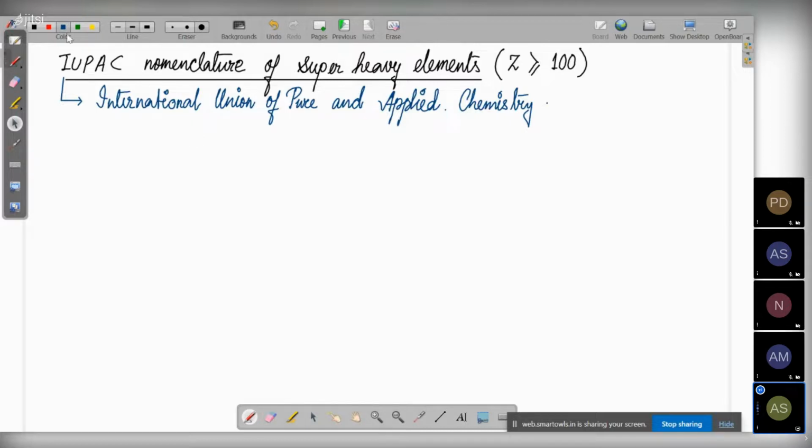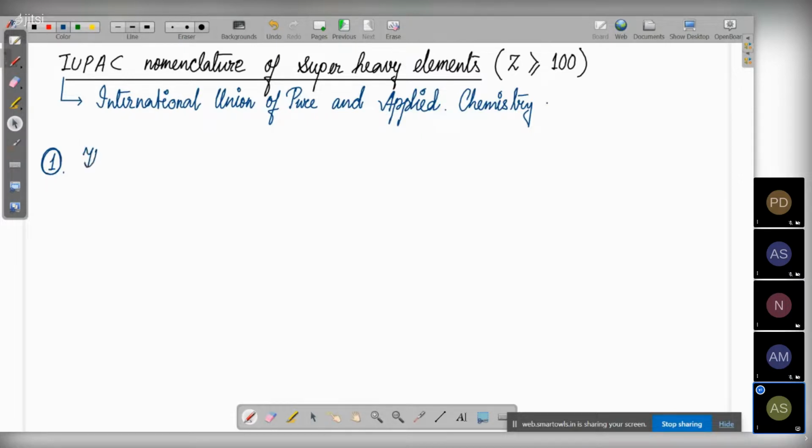Anyways, let's see the IUPAC rule. It's very easy. You do not need to know the rules for your examination purpose. No one is going to ask you to write down the rules. All you need to do is apply the rules. So there's no point in mugging up the rules. I am writing them down just so that you can understand. You just need to apply the rules and do the namings. That will be it. So the rule is